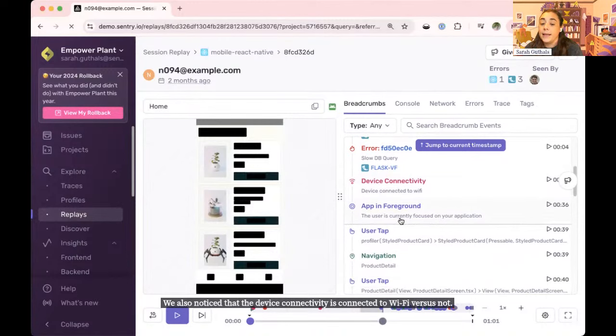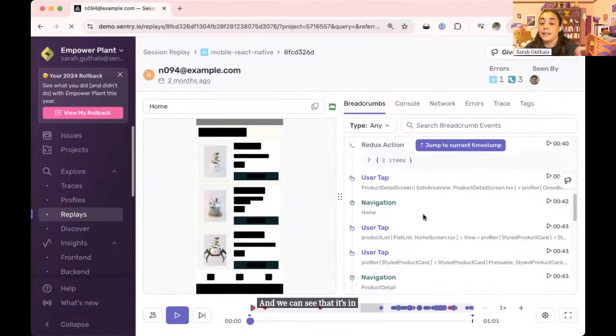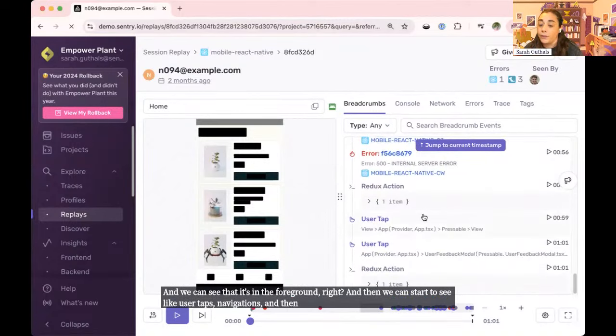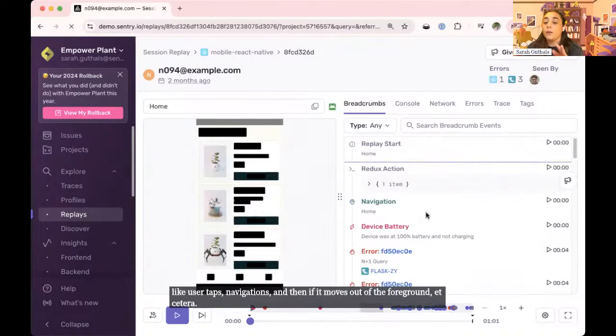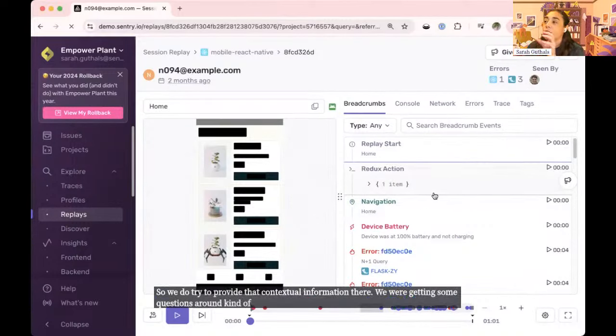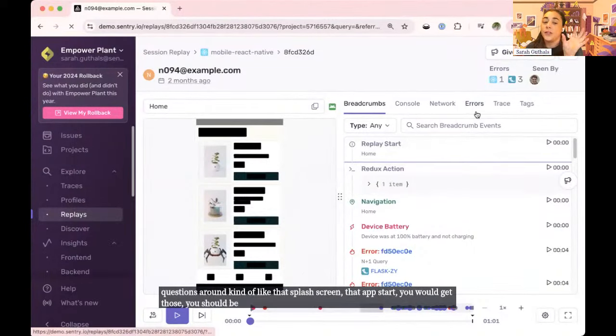And we can see that it's in the foreground, right? And then we can start to see user taps, navigations, and then if it moves out of the foreground, et cetera. So we do try to provide that contextual information there. We were getting some questions around that splash screen, that app start. You should be getting those issues within your replays or as issues as well. If you are having some issues though,